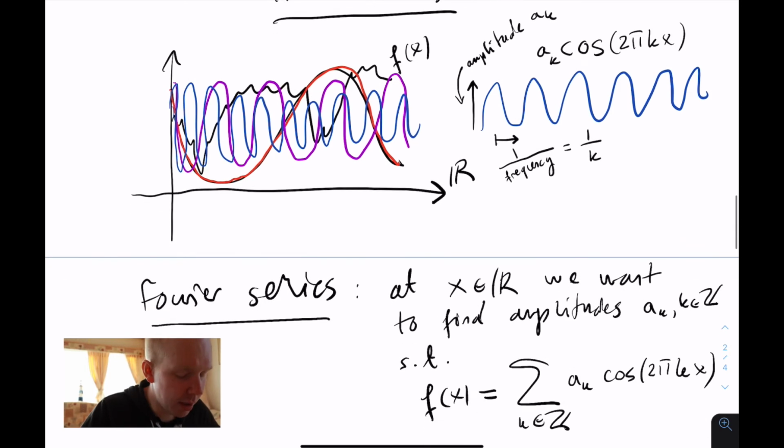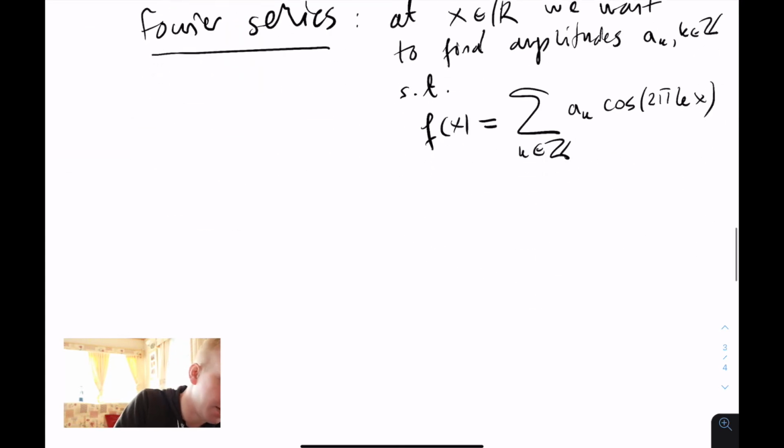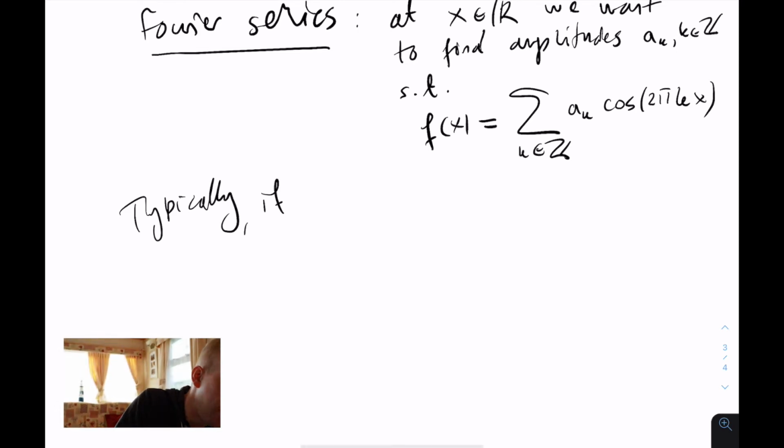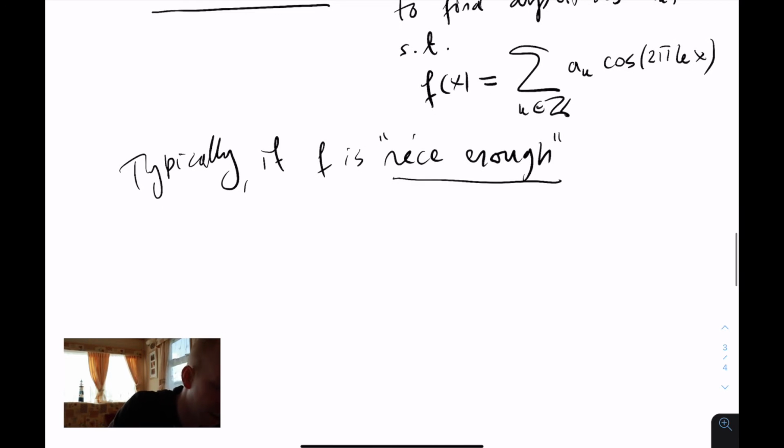And this is possible. It's possible to do this, but it depends on how nice your function is. In the lecture notes I've added a bit more references, and there are also various heuristic explanations about when this is possible. But typically what you can expect, if f is nice enough, and this really depends on the kind of theory that we are considering, this is possible